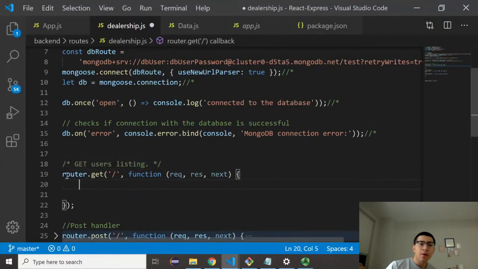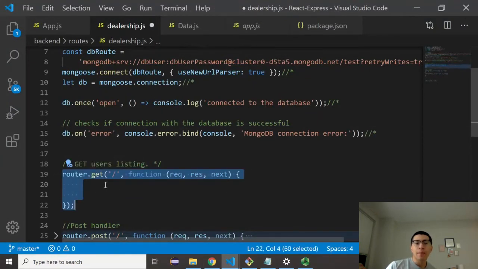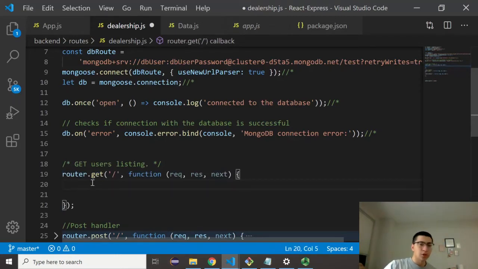And notice here that I have router.get, right? And this is grabbing the entire dealership. So that's the purpose of this specific get request. Now, if we want to be more specific and say get this specific thing, we'll be able to do that. We've talked about that before, and I highly recommend that you figure out how to do that. If you can't quite figure it out on Monday, I will most likely be able to do that in the last video / office hours that I'll do. I can talk about that, but I want to give you the chance if you want to figure it out on your own. But let me go ahead and show you how to get the entire database,